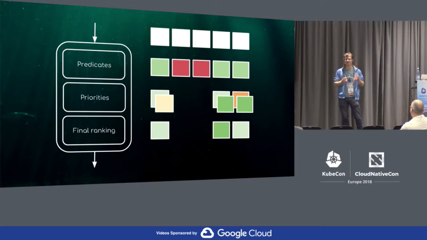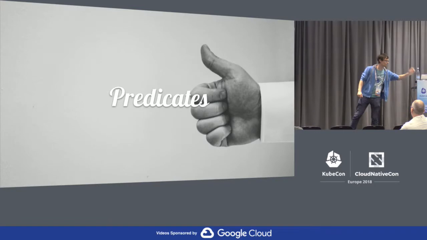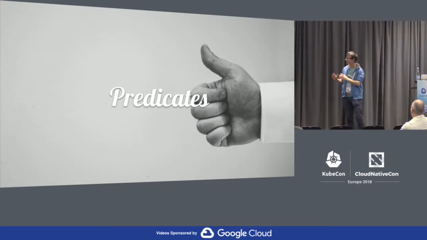And they cover things like spreading pods in a single deployment among many nodes, or preferred scheduling anti-affinity and affinity, this sort of thing. And then the final decision is just a linear combination of the scores from the different priorities. And what we care about in Cluster Autoscaler is predicates. We want to make sure that,